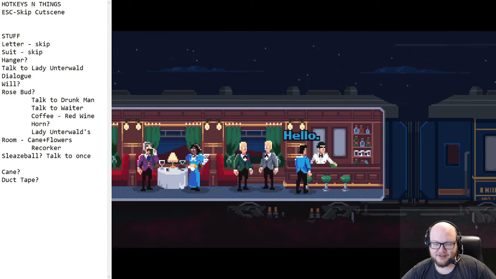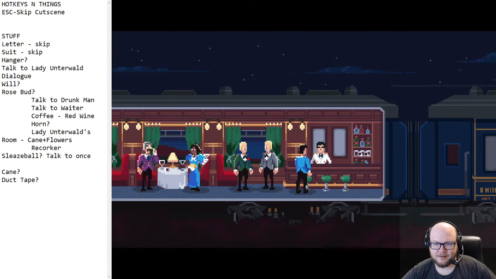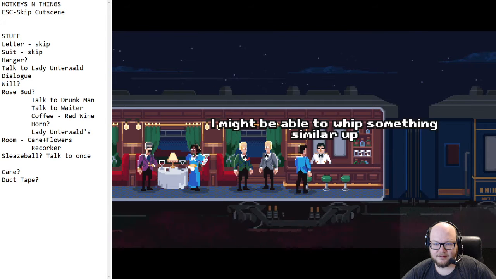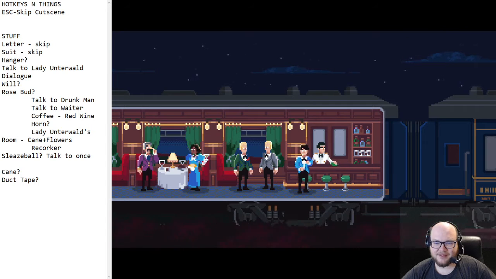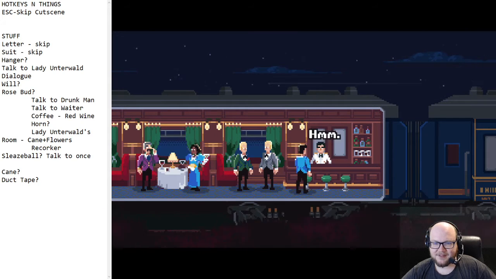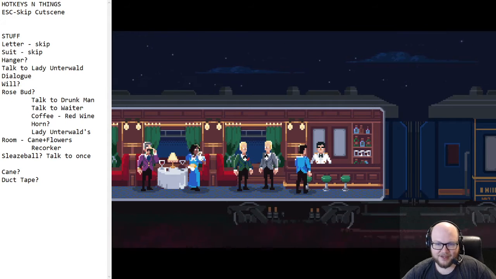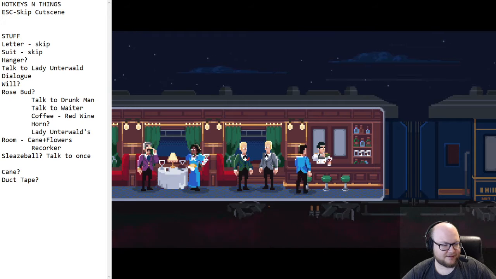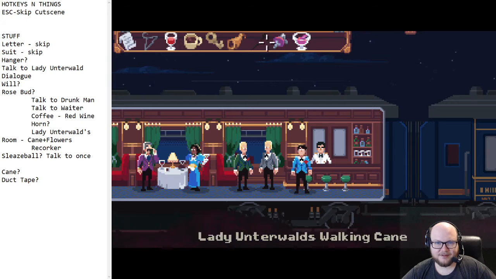So I think if I talk to him now... Oh no, okay, I remember. We give him the flowers, and I think I just hand it to him. Gives us the rosebud light. Much of this does not seem skippable. And so I have to...